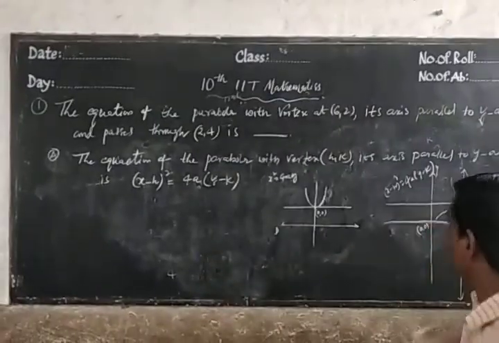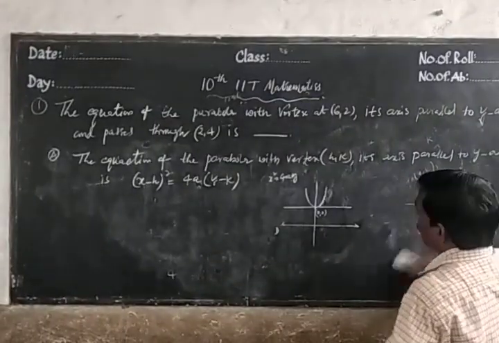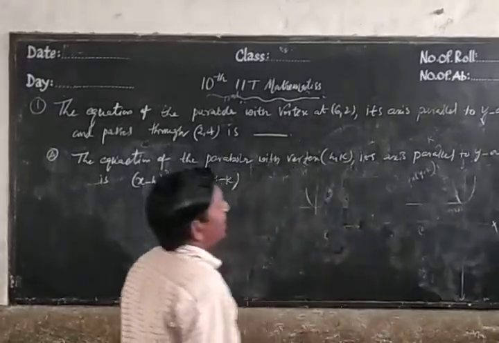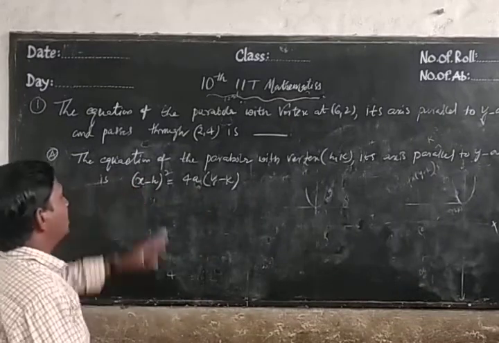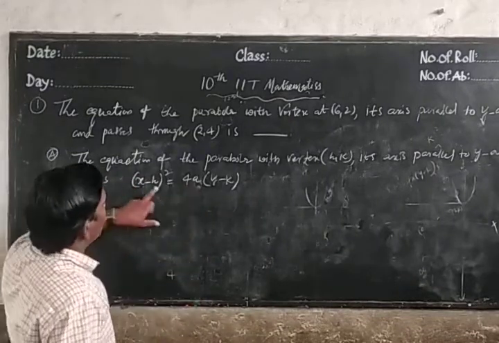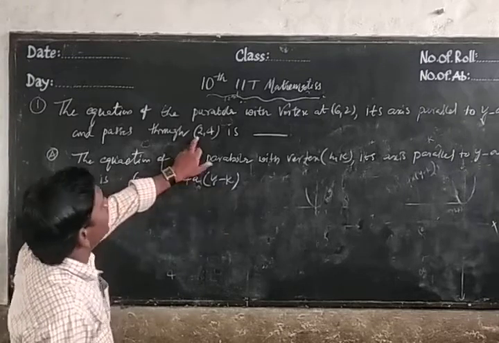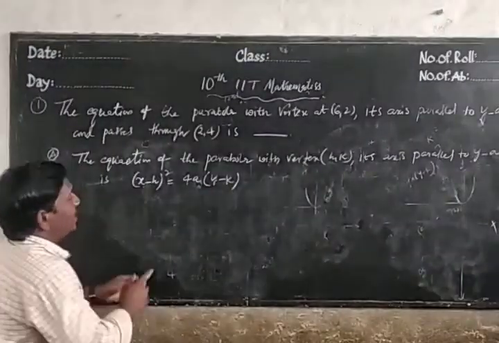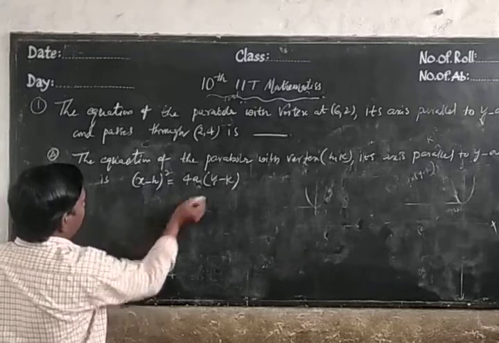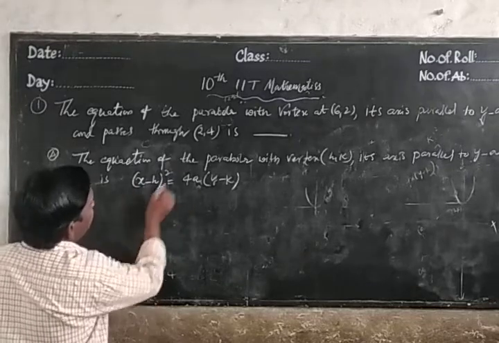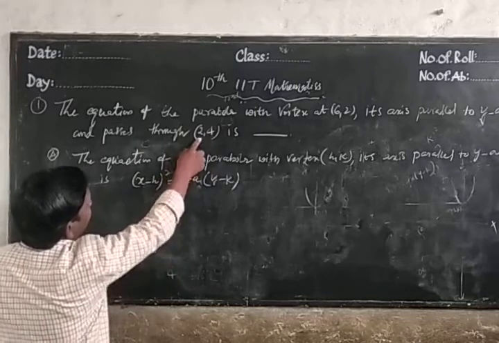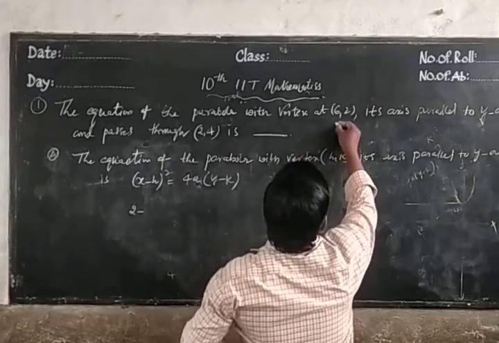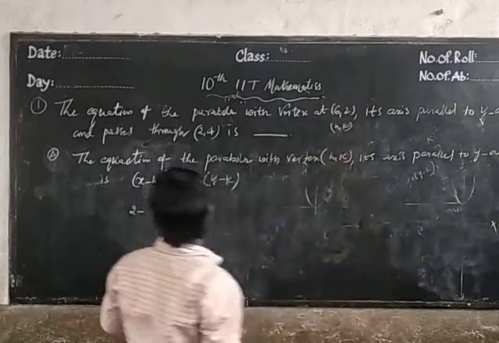Now, if you want to find the equation of the parabola with vertex (h, k), its axis parallel to y axis, we should get the a. We know h, k values and x, y values also, but we don't know the a value. So for getting the a value, substitute the h, k and x, y values. First of all, x means 2, that means 2 minus, what is the h value here? This is h, k, that means 2 minus 6.